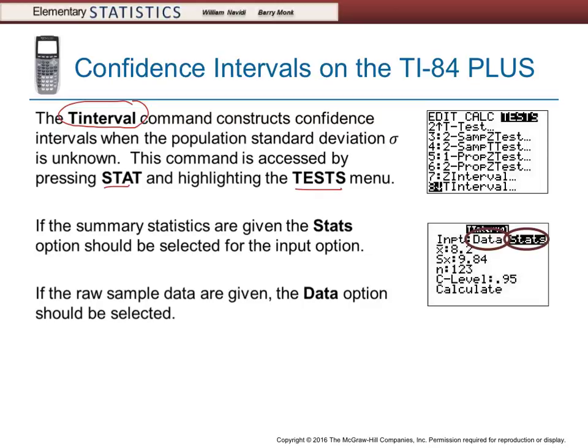So the first thing we're going to do is press the stats key. When we press that, we come over to the test menu. You will notice that when you go down to t-interval, which is option 8,